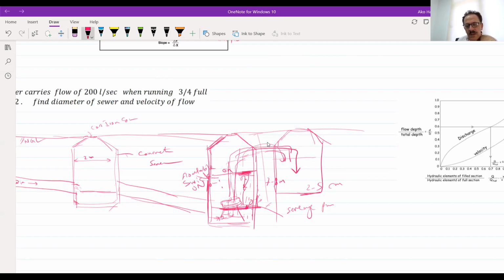And what's the situation in the next manhole beside it? It will work again like what we have here by gravity, until we get another manhole with the same depth, and there will be another pump and so on.